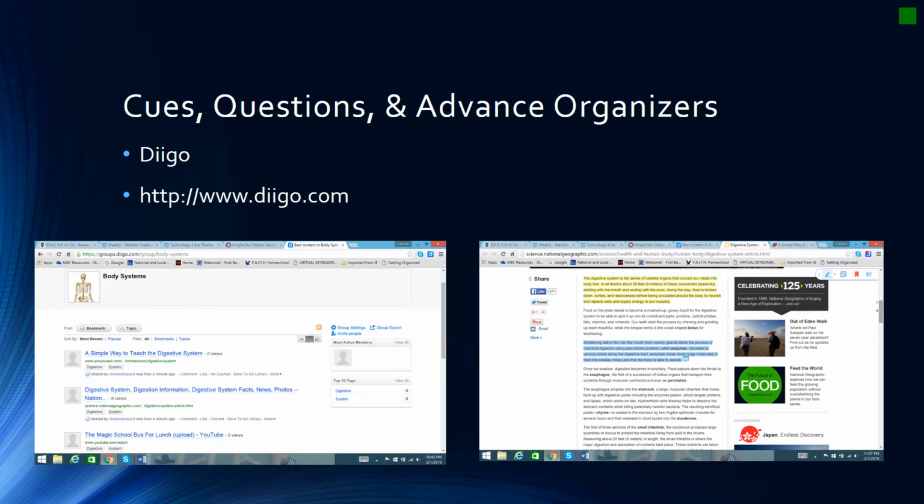If teachers are going to implement cues, questions, and advanced organizers into their lessons, then there should be an easy way to keep resources and ideas organized. Through this website, teachers are able to create groups about specific topics and are able to bookmark websites and ideas. This website also allows you to highlight text on a website and insert sticky notes with special messages from the